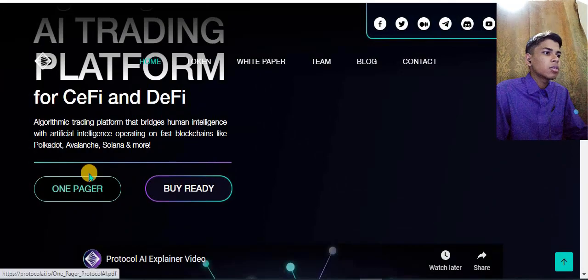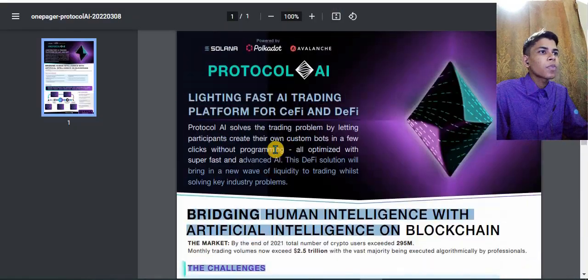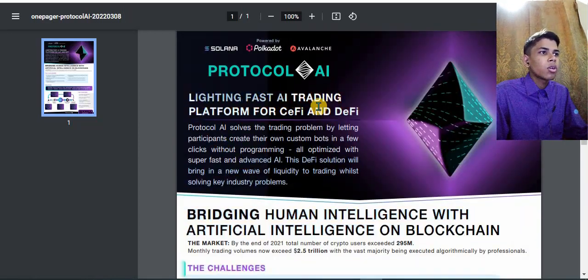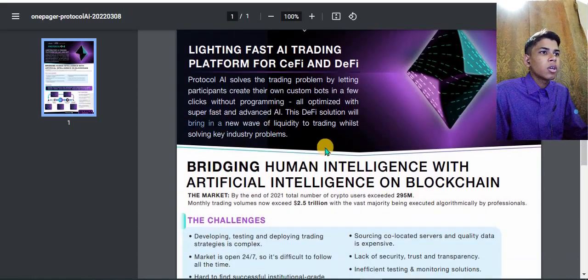So see the token, this is on the page. I entered this page. So this is the Protocol All token page. This protocol is lightning-fast in trading. Secondly, Protocol All token self-training lets participants create their own custom bots in a few clicks without programming, earning this coin, all optimizing with super fast and advanced AI. So this deep solution will bring a new wave of